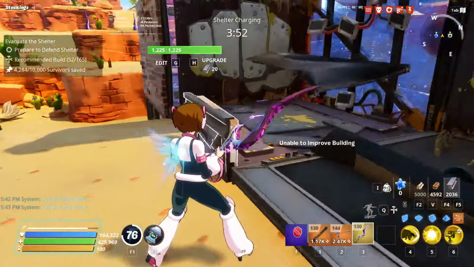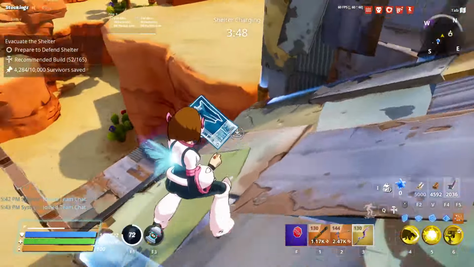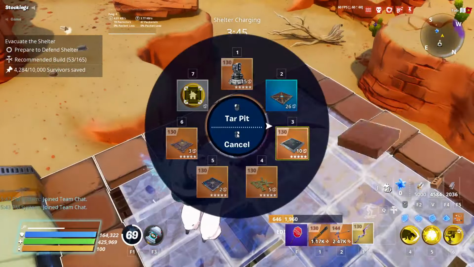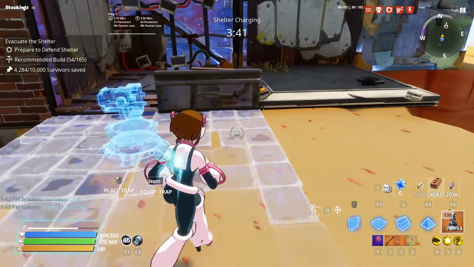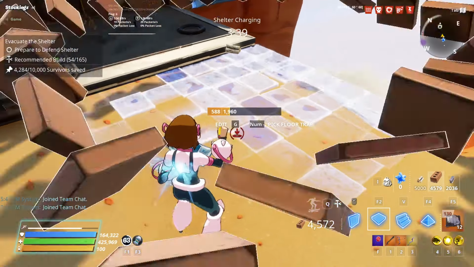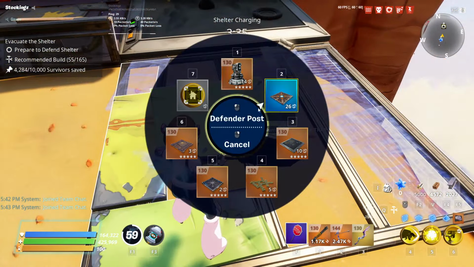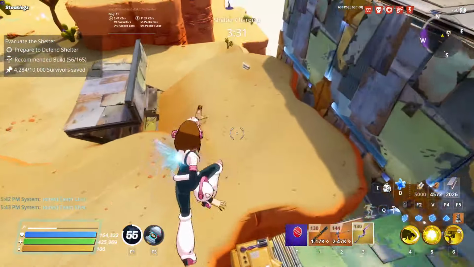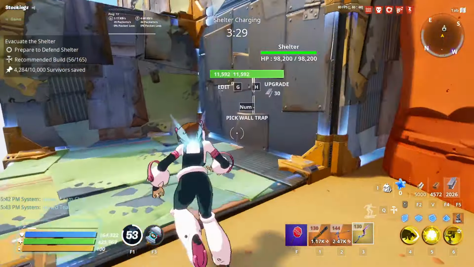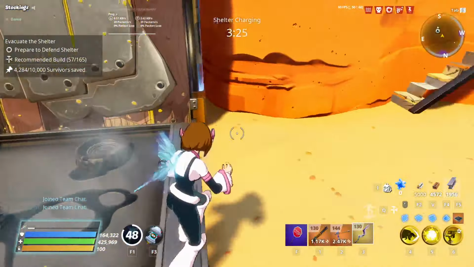Make sure that you do upgrade these, because exploders and stuff might actually try to hit them. And speaking of exploders, I am going to be putting an anti-air trap right here. And I'll even put one, honestly, right here on the ground, literally right in front of here. This seems fine. Just so we have reliable anti-air. And then over here, I'll get back to that later, but over here is really simple. I'm just going to put in a wall launcher like this, upgrade all this, put a tar pit right here,